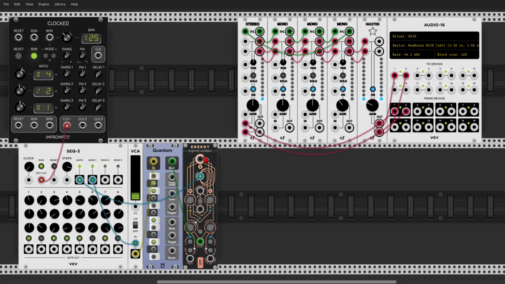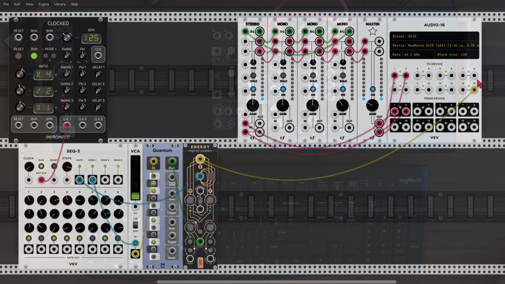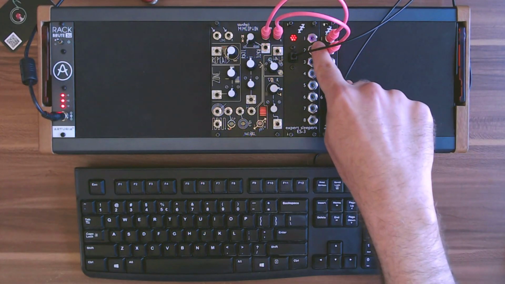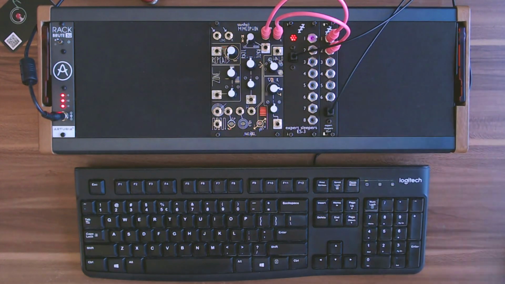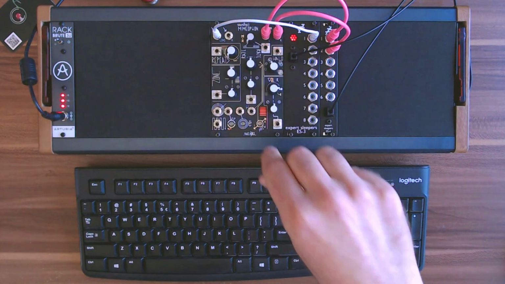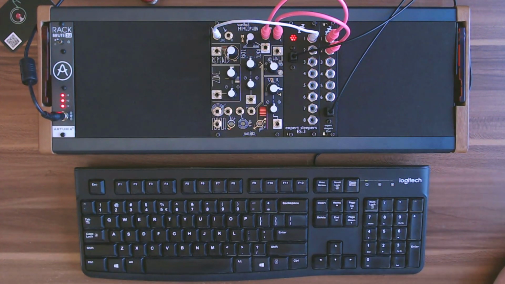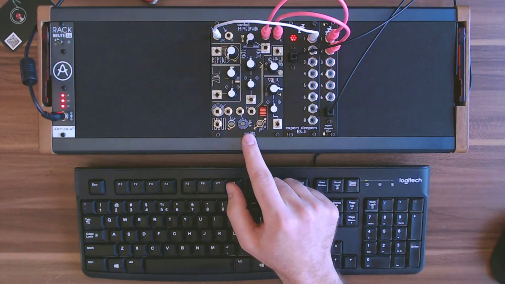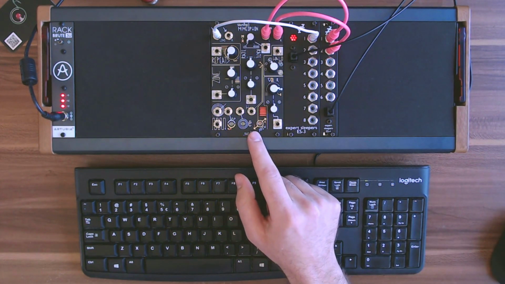So I will send the oscillator, in my case it will be input 16, and you can already see that I have it out of here. And let's send this to the Mimeophon. Very nice. So now we have Energy going to the Mimeophon, and the first thing we have is the